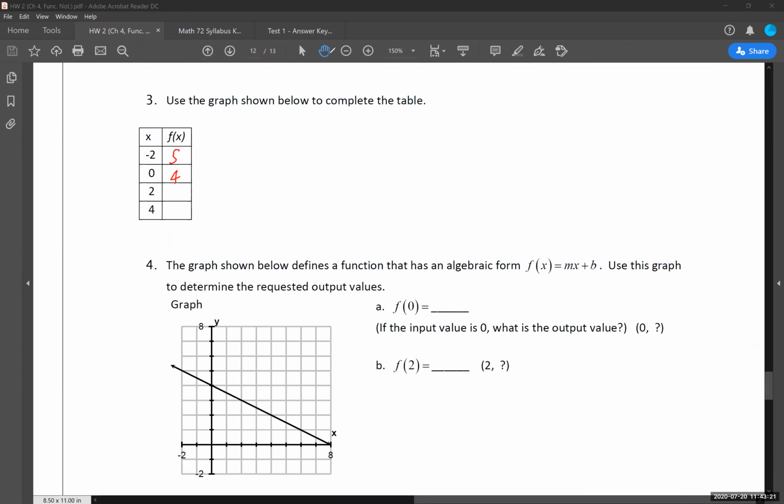So similarly, x is 2, my x value is 2, so I'm looking for f of 2. So I go over to 2 here. What's the f of 2 value? 1, 2, 3. It's going to be 3. What is f of 4? 2, 3, 4. F of 4 is 2. So I have an output value of 3 here, and then output value of 2 there. So determining what is our input, what is our output, and then we can look at a graph to also find those input and output values.